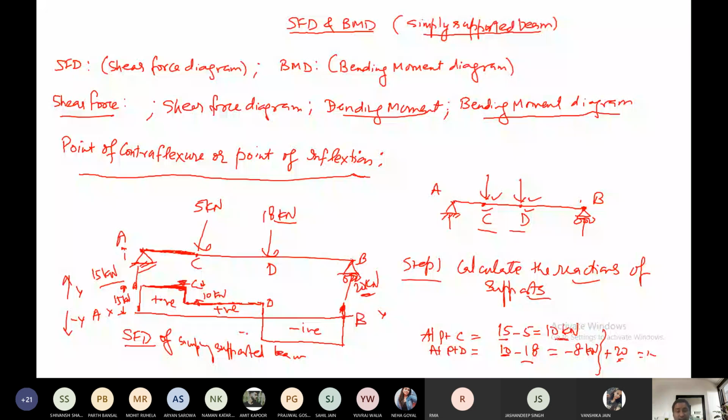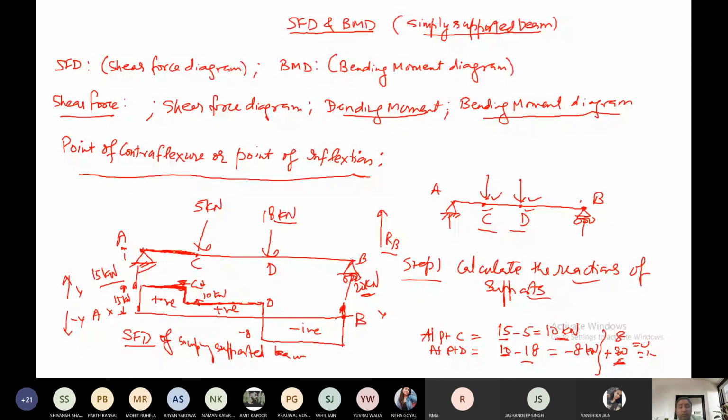At the point B, you can see this roller support is like that. This is the direction of roller support. This is upward, so whatever the force is coming here, we have to add it. So let us say here it is plus 8 or minus 8. Let us say it is plus 8, so it will be 0. That means we have to shift it up to this point. At point B, it will be finished. So this is how SFD is being made for any particular beam. I have just explained how the SFD is being made, and for the BMD and the others, we will discuss in the next class, that is on Wednesday.